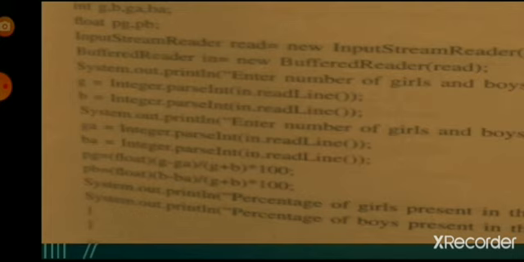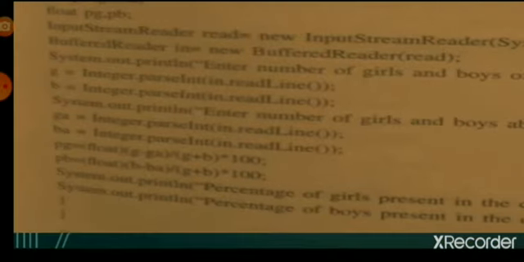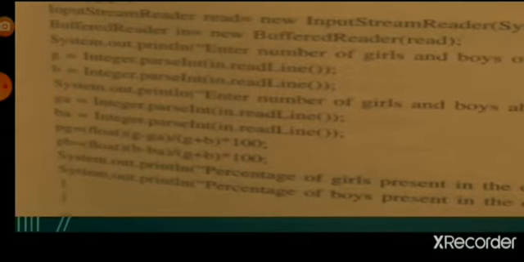So next step, to create an object of InputStreamReader. We have to write InputStreamReader read = new InputStreamReader(System.in). Second, BufferedReader in = new BufferedReader, and pass the argument read. So we have to take input. First, whatever we want to take input for, give the message first: Enter number of girls and boys of the class.